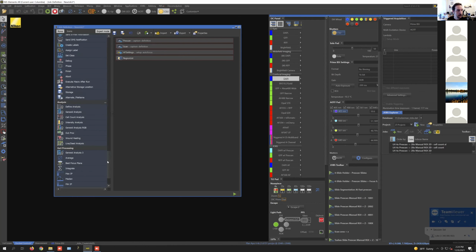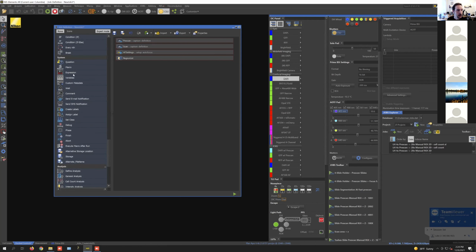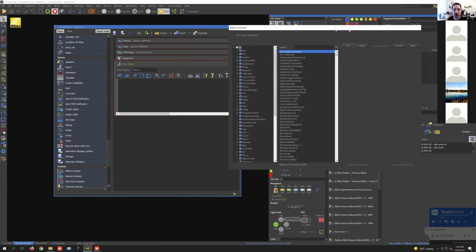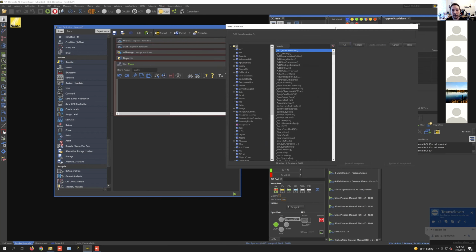In here, there's a macro tool. And you may be thinking, oh, I'm never going to remember what macro to type in or what to do here. Nikon have actually made this very easy. This function explorer button here, if you click on that, it'll let you search for all the things that are macro recordable in Elements. They've done a fantastic job with this. Almost everything that you do within the software is callable through a macro. So if you can't do it through jobs specifically, then we can do it through macro a lot of the time. And in our case, the objective turret,